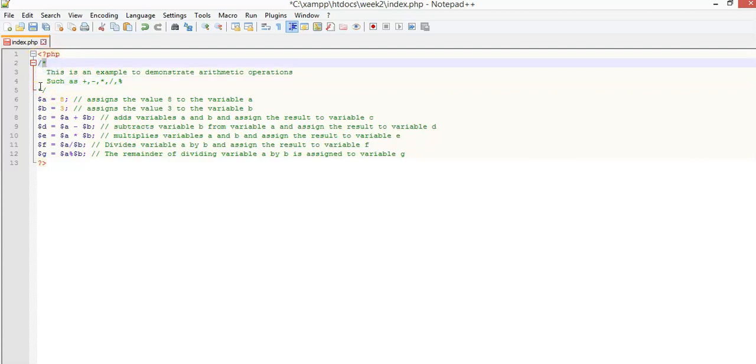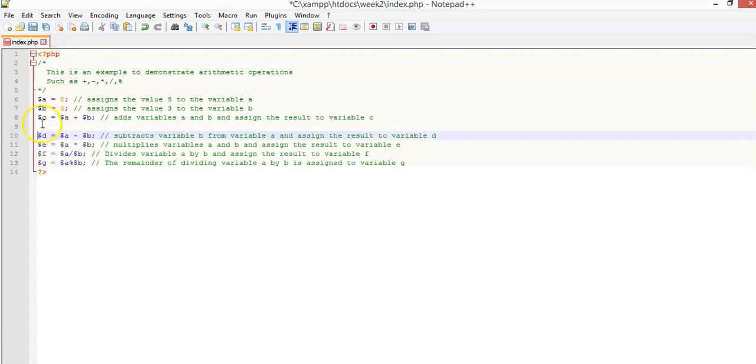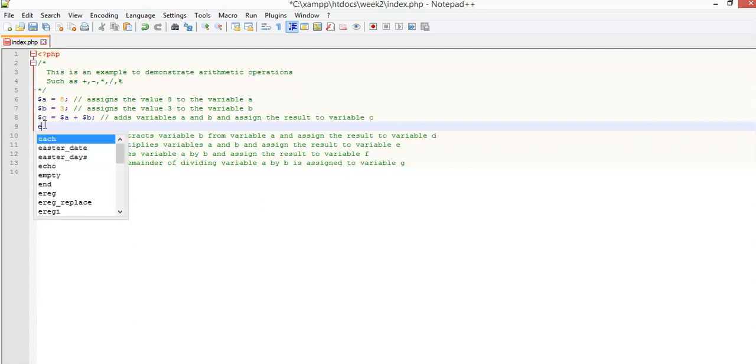Okay, so now we need to display the operator value. So a plus b is actually stored in c. So we need to display the value which is in the memory. Like we've said, to display, we use echo. So now echo. Now if we just echo c in